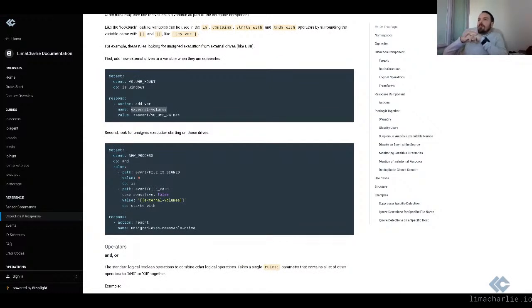The completion of this logic that we're looking for is done here. So here we're saying we're doing another, different rule, and we are looking for a new process. So process starting, an operator AND, which means we're going to